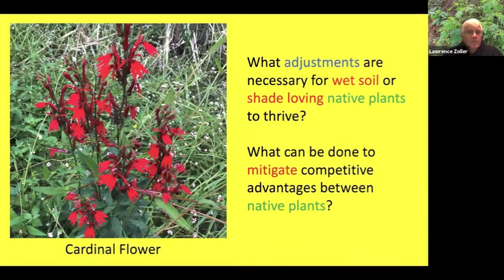This is a good question. What adjustments are necessary for wet soil and shade-loving native plants to thrive? And my answer would be, go find a place that's naturally wet, that has shade, and plant them there. If you try to put them into a sunny garden, you're really asking for a lot of work and very little return. But then the other question that comes up is, what can be done to mitigate competitive advantages